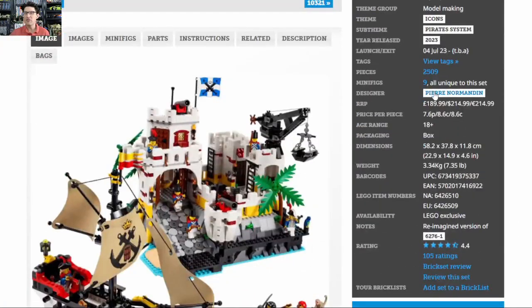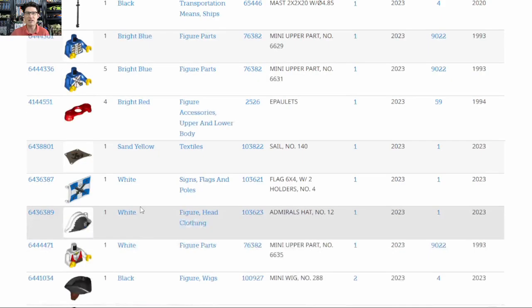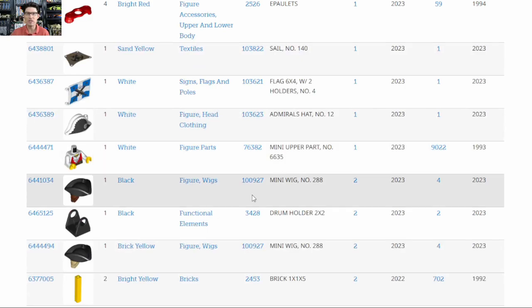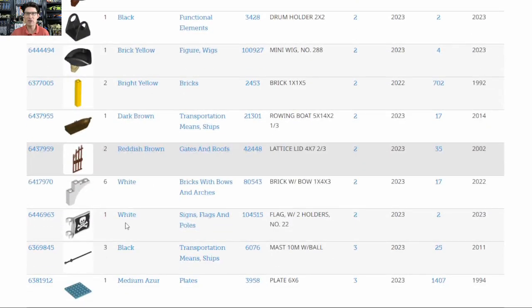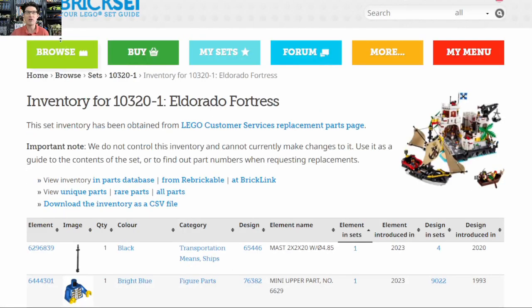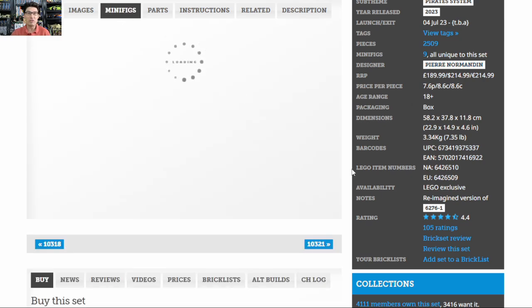There are 9 minifigures, and Brickset says all of them are unique, but I actually don't quite agree with that. They are unique in terms of the element pieces being combined together, but some of the elements within each minifigure are in other sets. Going to the parts inventory and sorting by elements and sets, we can see that 2 of the torsos are only in this set, and then a third torso is only in this set. The rest of the main minifigure elements are in other sets, so you can combine them together from getting those other sets. So the way I calculate it, only 3 of the 9 minifigures are exclusive, but